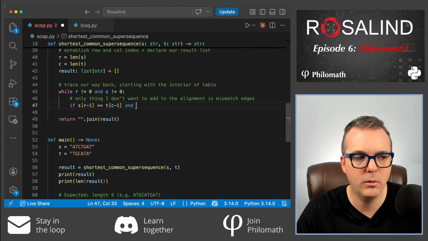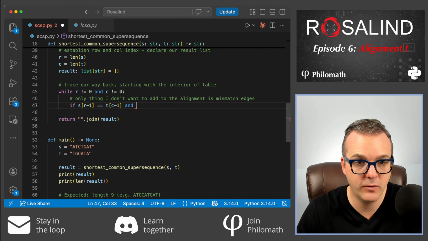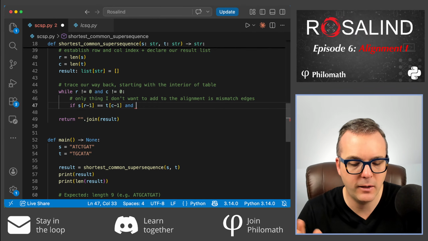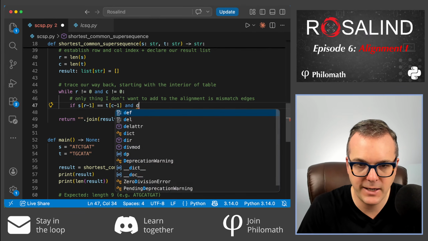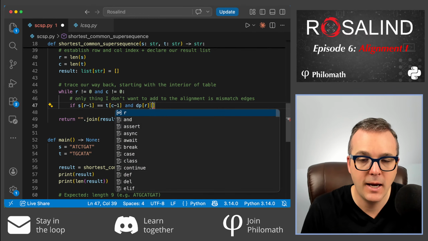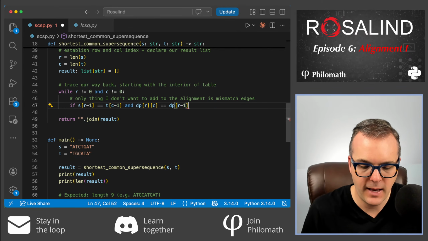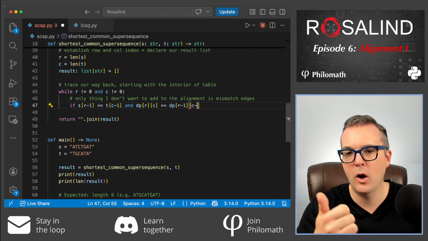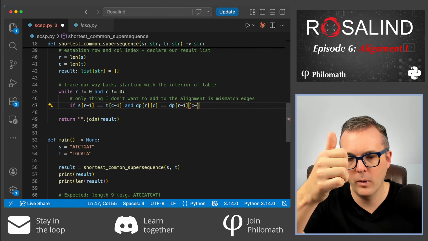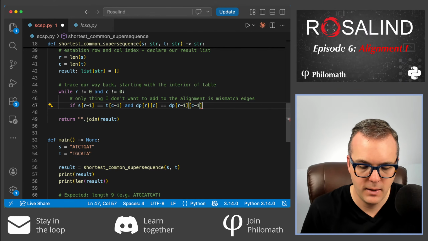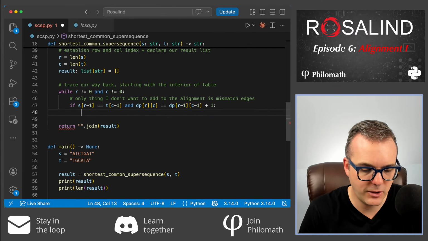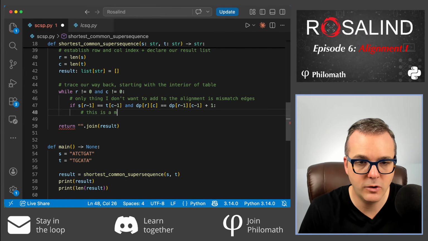So I'm going to show you a way of checking the diagonal edges first, and I only care about diagonal edges that correspond to matches. So if I have a match and the current element is equal to whatever the previous diagonal is, meaning up one row and over one column, and then I check that as equal to +1, because then I know that I'm at a match. So this is a match, which is good, and add it to the alignment,